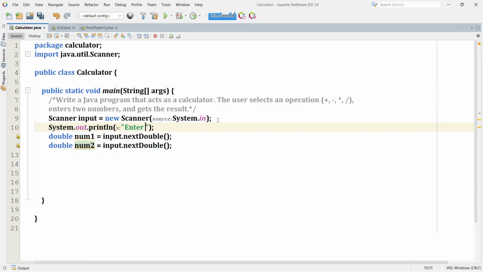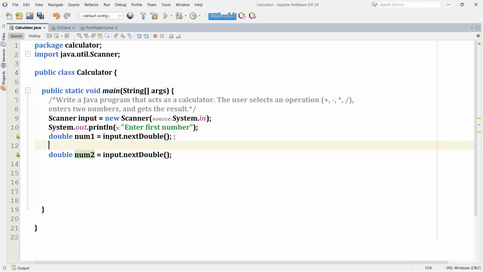Okay, so num2, num1. So the first prompt is going to be enter first number. The second one is going to be enter second number. So I'm storing the first number here, the second number here. So you see that first I have to enter the number, then you choose the operator. So you can't just enter first number. So I have to